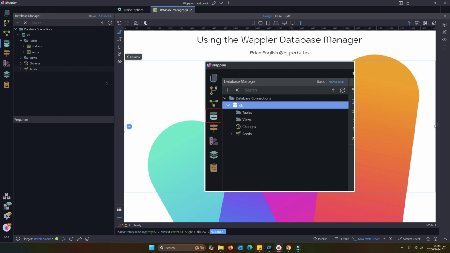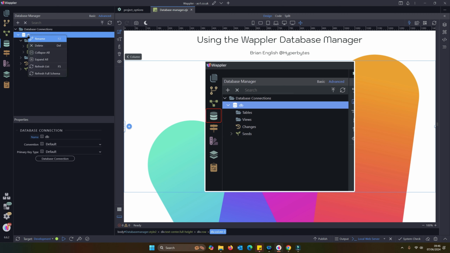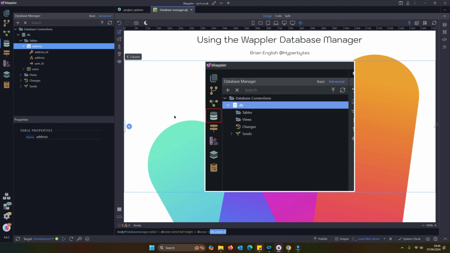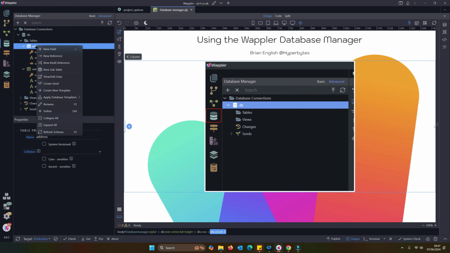Now if I go back into my database manager, we will have to refresh the schema there. Absolutely necessary. It appears I've actually committed that address table before there, but I just have to talk you through that. What you would have now is a situation where potentially that address table has gone because we reverted back to a checkpoint before then. But of course your production table would still be there. And you can't delete anything in production.